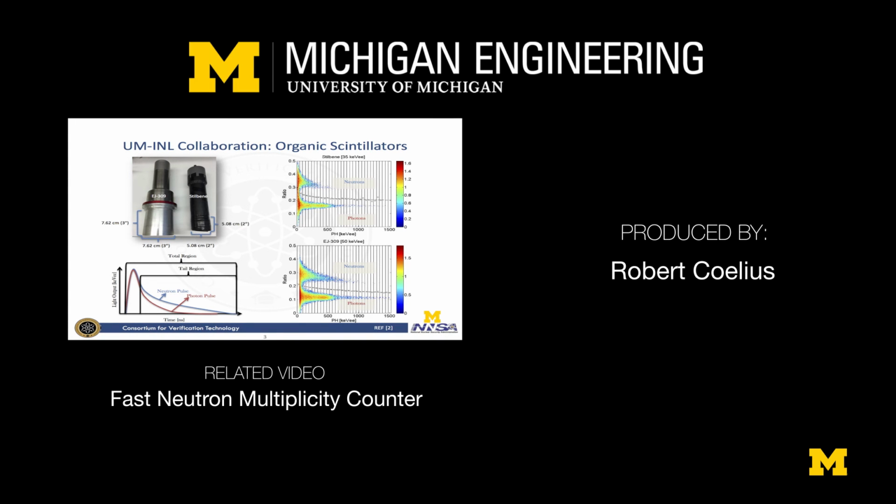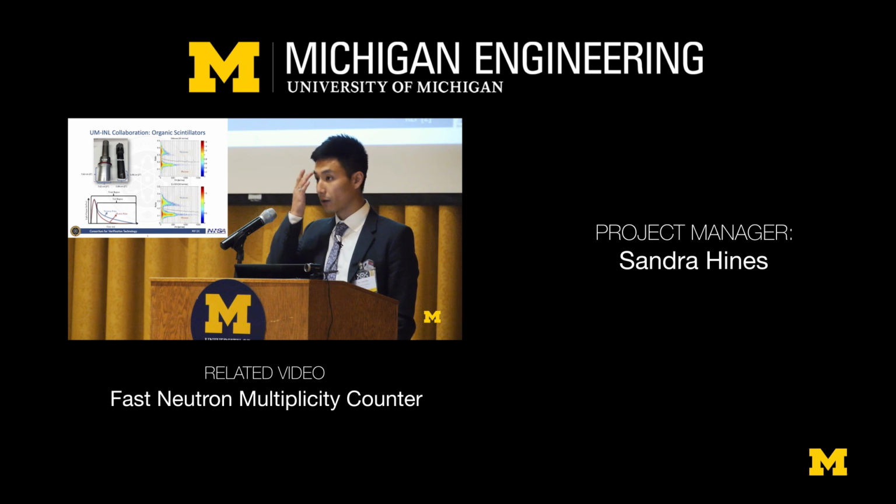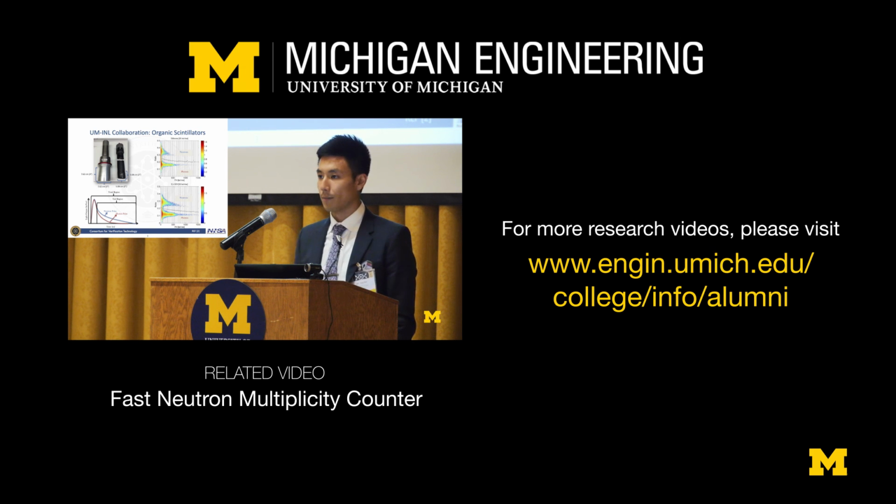Shown on the top left image there, we have an EJ309, which is a liquid organic scintillator. It's 3 by 3 inches. And we also have stilbene crystals, which are 2 by 2 inches. As many of you know, these are